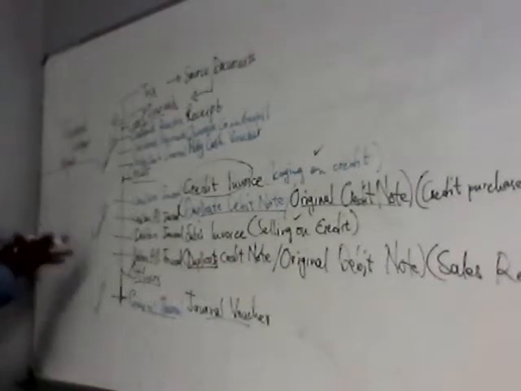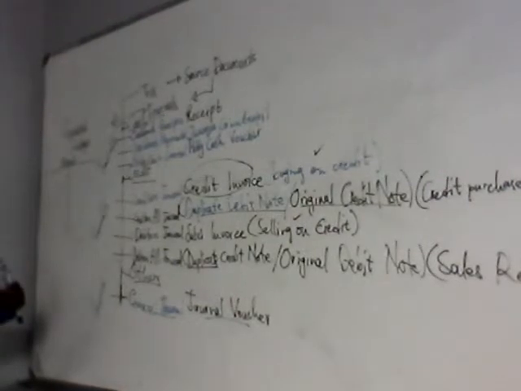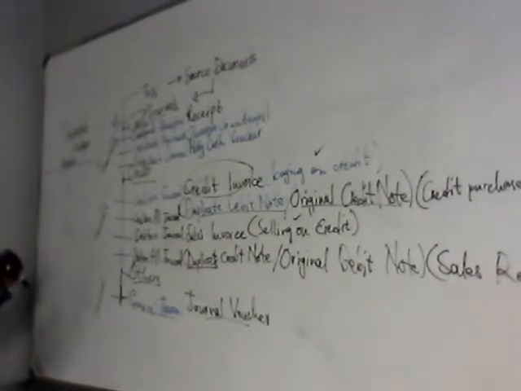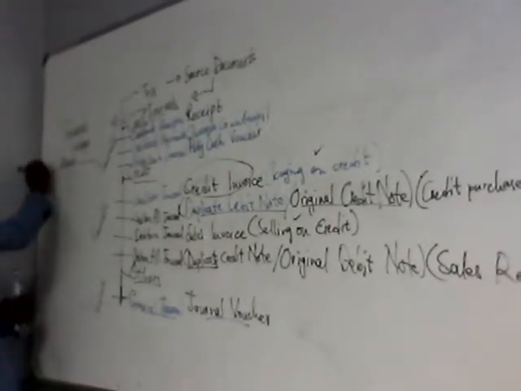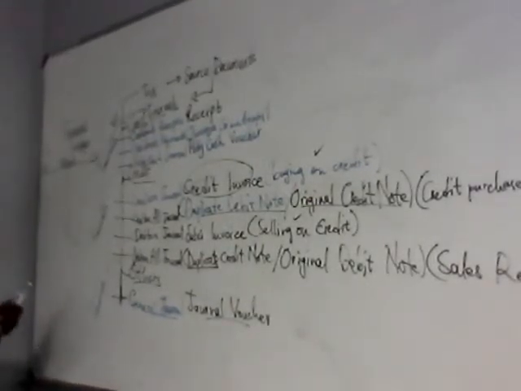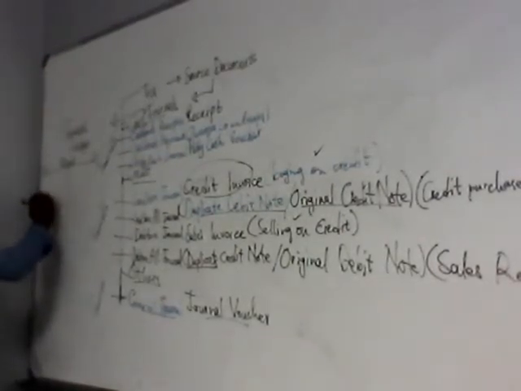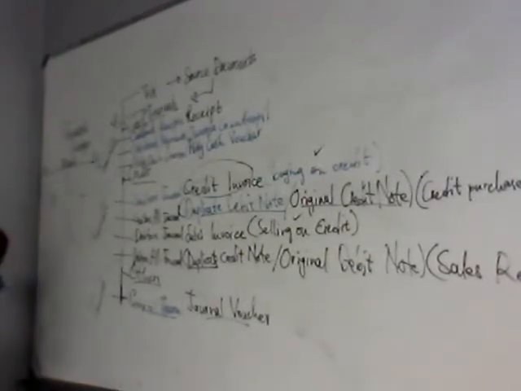The whole idea of us having a T account was that we wanted to record increases and decreases on different sides. So we've got two sides. We've got the left-hand side and the right-hand side, and we use the Latin way and say we've got the debit side, meaning left, and the credit side, meaning right. Are we together? Now, bank as an account, on which side does it increase? On the left-hand side. So we're going to have plus here. Obviously, we're going to have minus on that side.